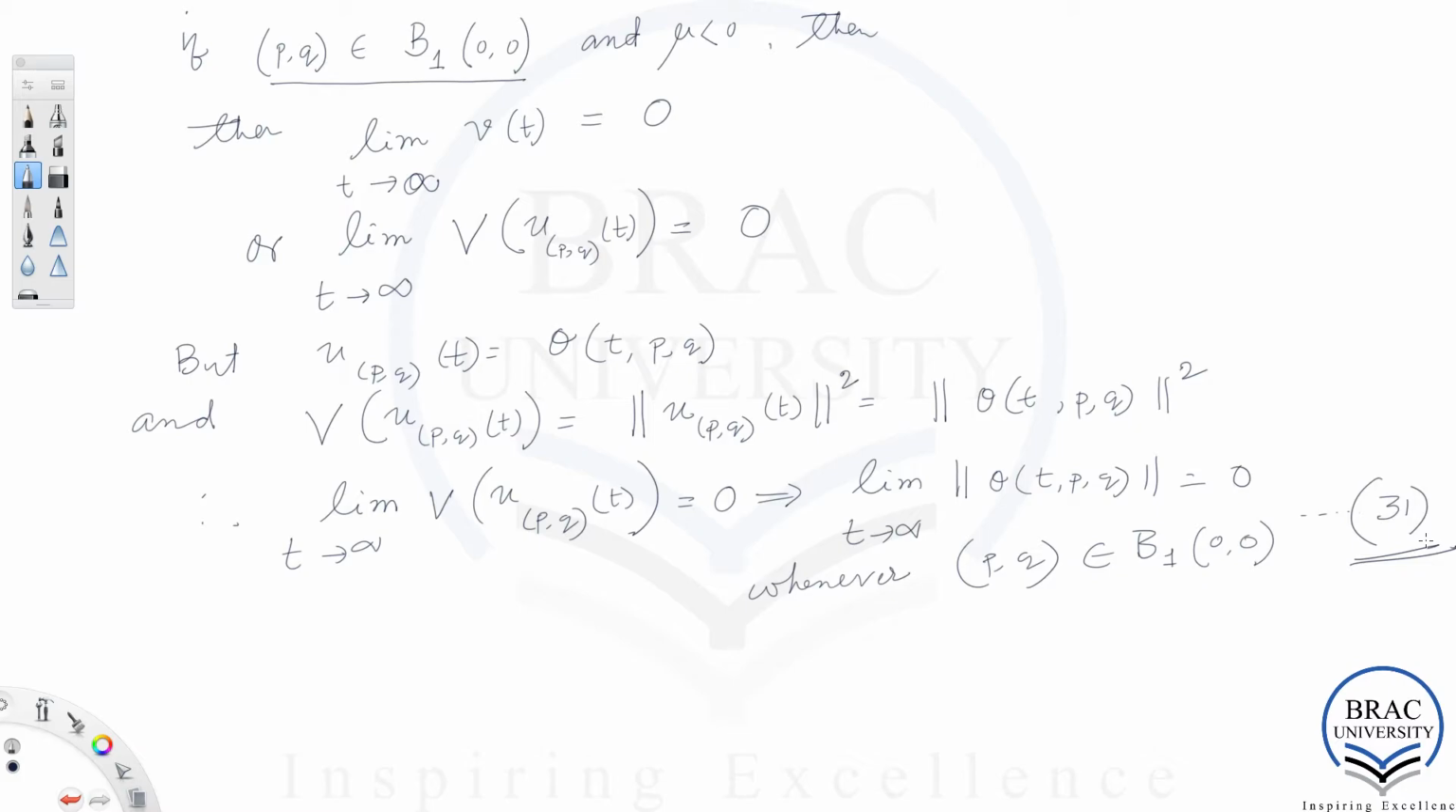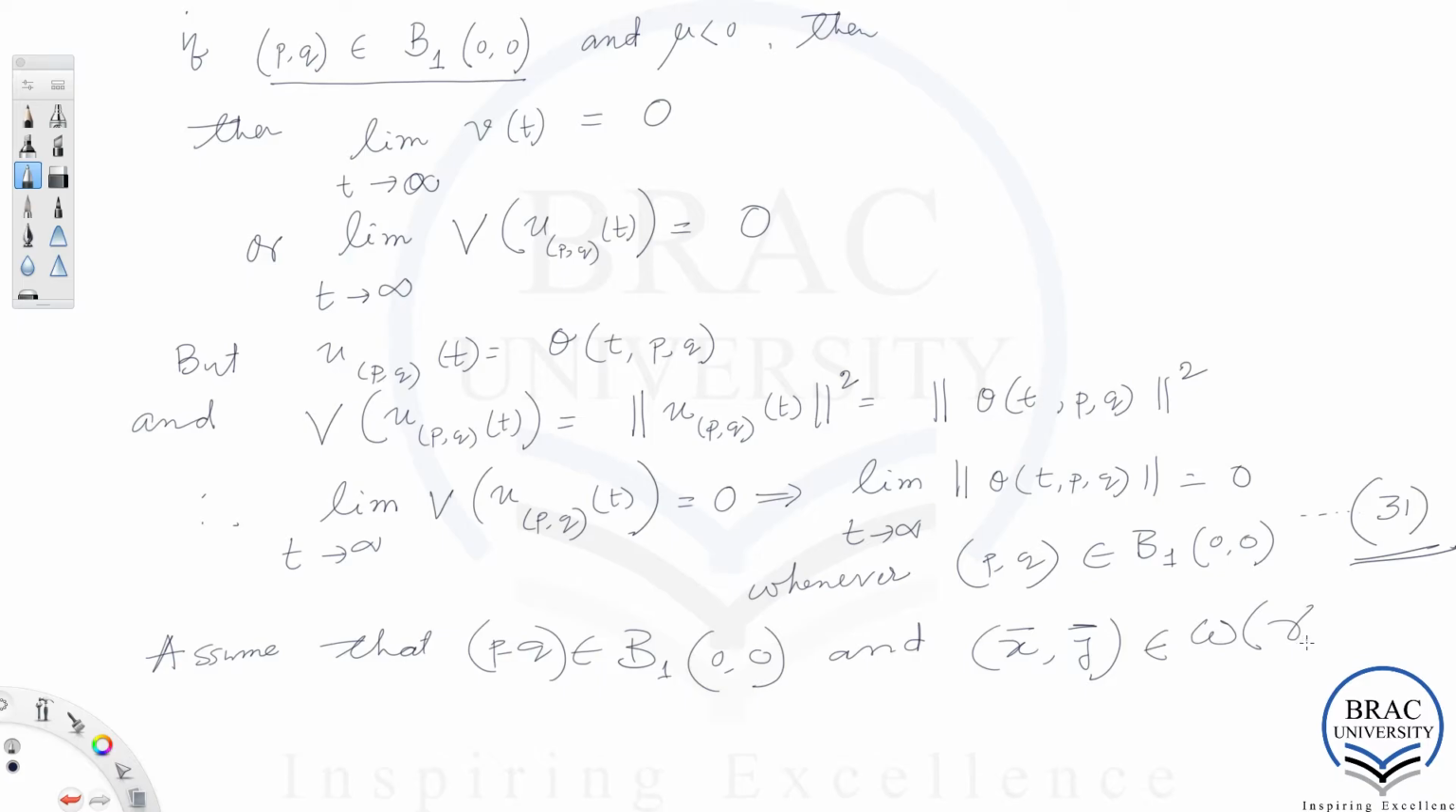Now, assume that, which we already did, p comma q is in B100, and this is a point x bar y bar in this omega limit set of the orbit of this p comma q. Then